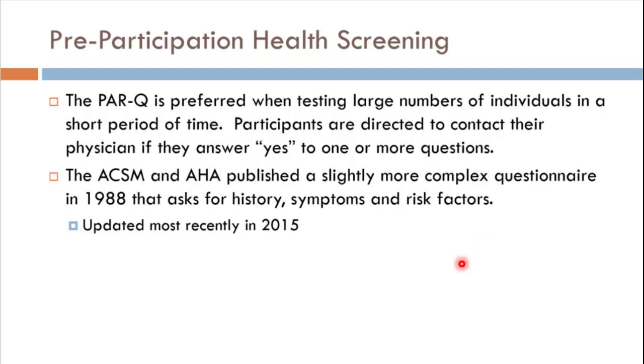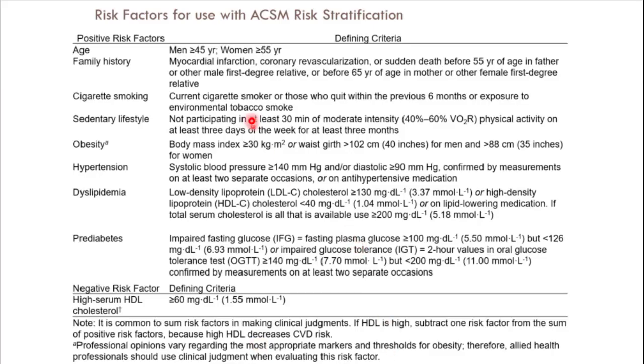So the next few slides just show you the artifacts of the risk stratification and the complexity. It says slightly more complex, but it was actually a pretty complex tool, especially when you compare it to the PARQ of just a 7-question survey. So this involved these domains of risk strata, these criteria, and you had to go through their health history, see what their issues were, and then based on this, tally up their total risk for a cardiovascular or metabolic